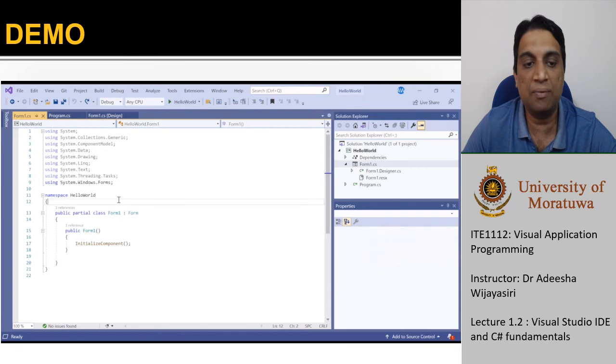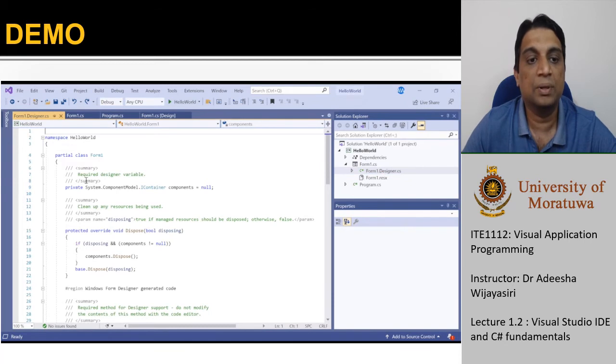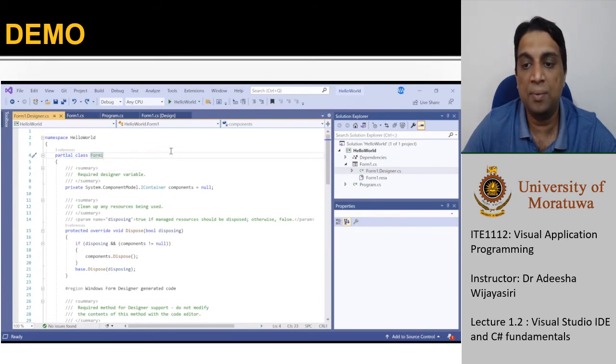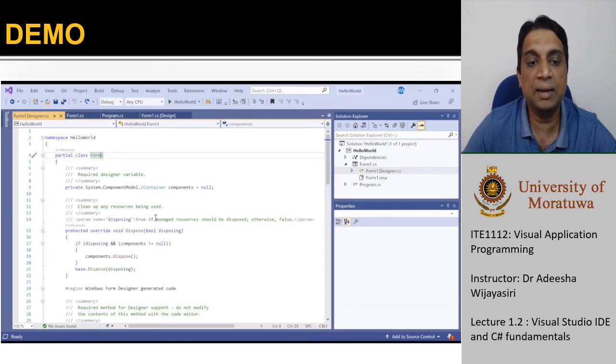I will go and show you the other class as well. Here is the other file, with the same class name form1, and it's also a partial class. This file and this file belong to the same class because you can see the same name. The only thing is that we keep the functionalities in one class and the design in the other.